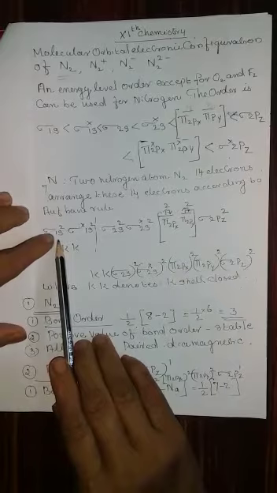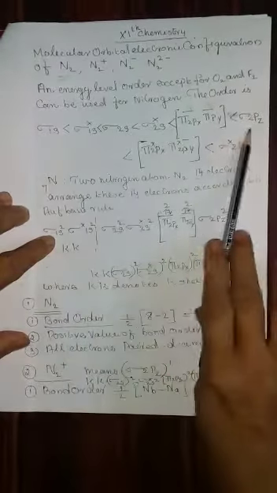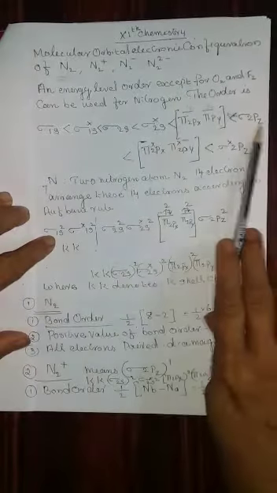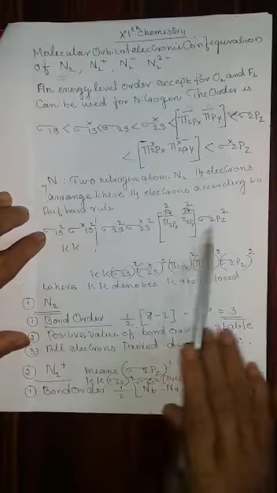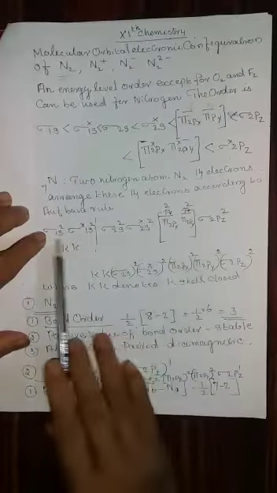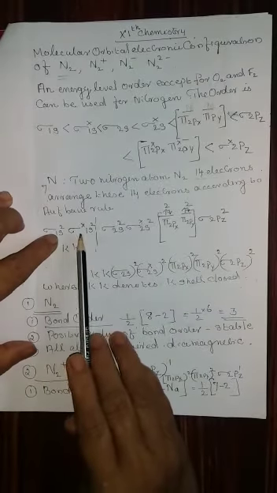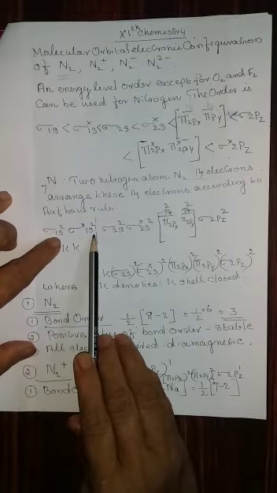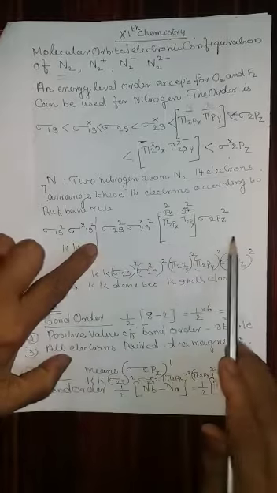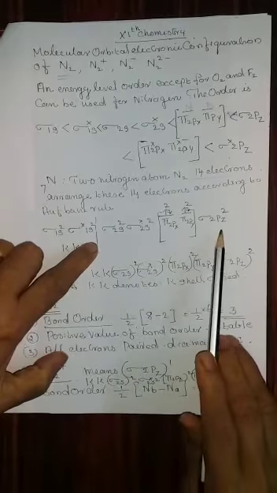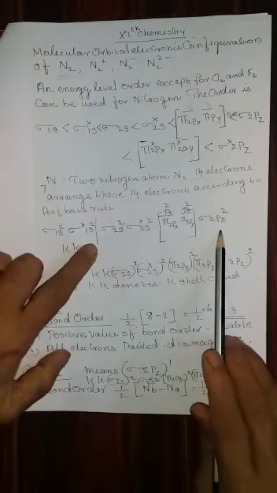For example, sigma 1s, there is no need to represent greater or less than in between. These are only to show the order. This is the way that you have to fill it. When you fill it, you just write the result like this, with no need of greater or less than in the result. Therefore, sigma 1s2, sigma star 1s2. That means 4 electrons are already over. Therefore, the balance is only 10 electrons. You arrange the order in such a way that when the 10 electrons are there, you stop adding electrons.